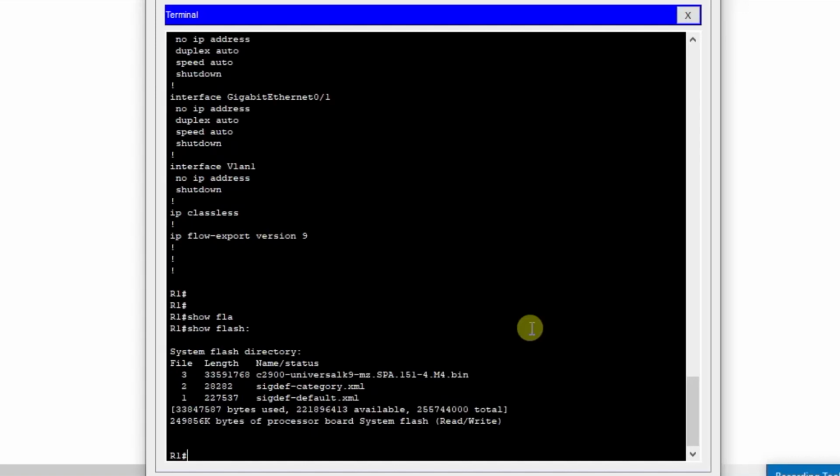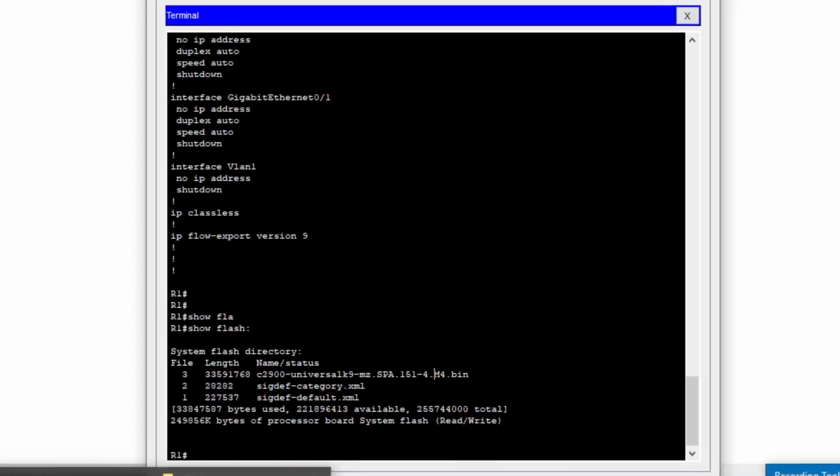over here you have 3 files. This one is just the IOS of the router, which has the binary extension, and the other 2 files. It is good practice that you save your running configuration or the startup configuration in the flash as well. So how to do that? You just enter the command